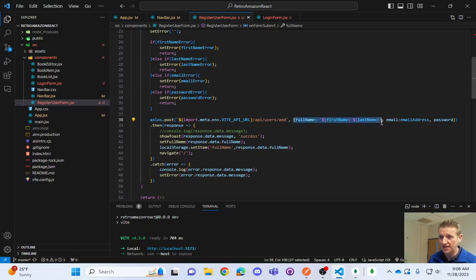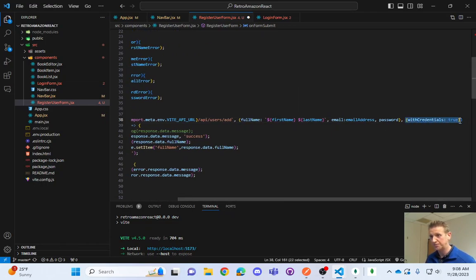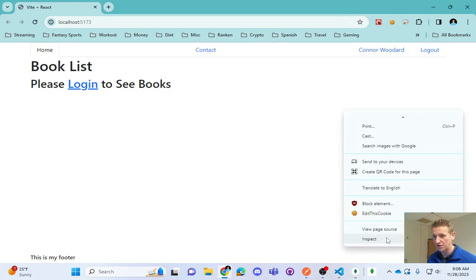Excuse me, this post method, the first argument is the URL to the back end. The second argument is a JSON object of what's in the body. And then the third object is this with credentials of true. Okay, so that will send the cookie to the front end. Again, I just created Connor and you saw the cookie didn't exist. So now if I log out Connor